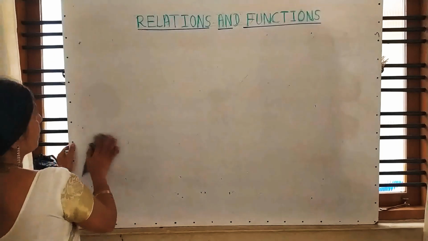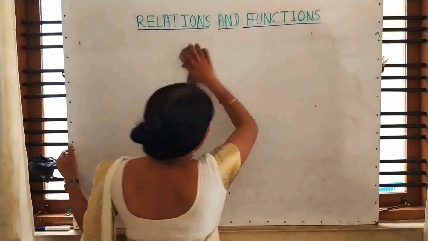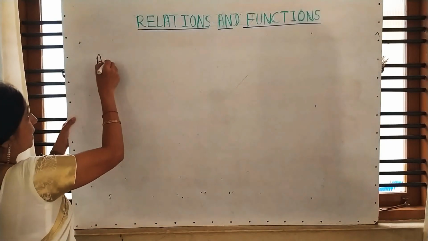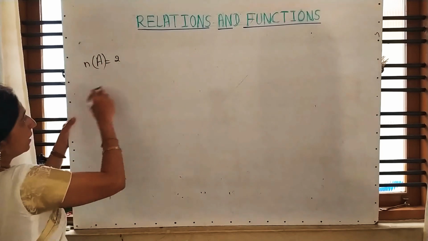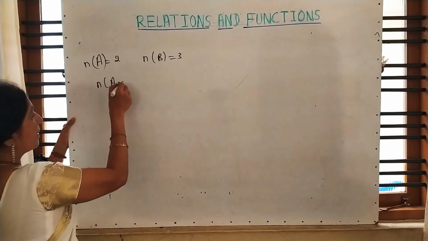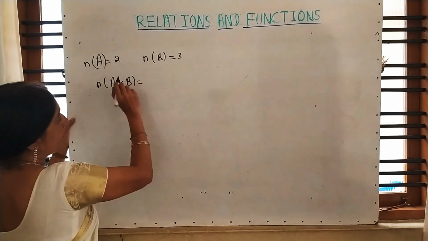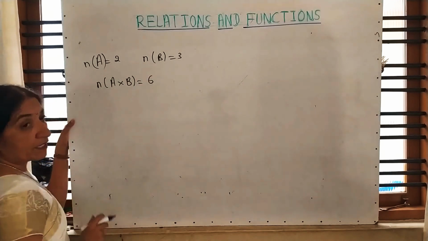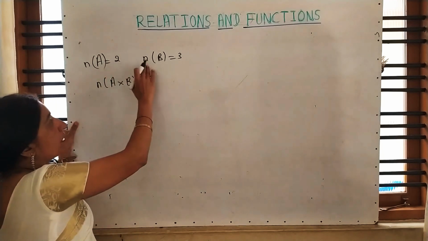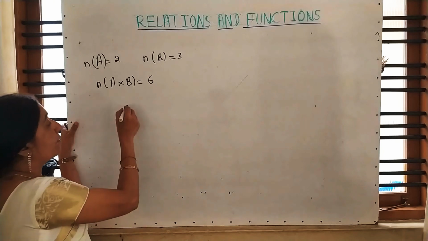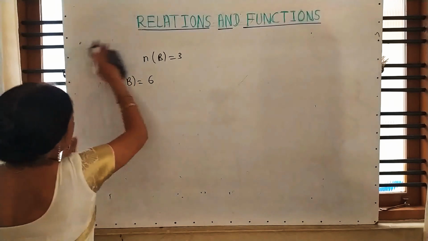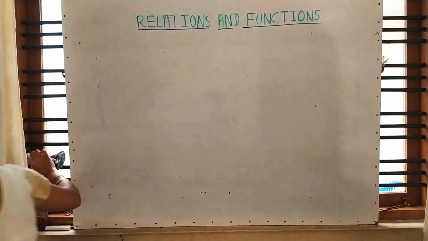Before going to that note, see, if two sets are given, you know how many ordered pairs are in the Cartesian product. Suppose the number of elements in set A is 2 and the number of elements in set B is 3. You are familiar, the number of elements in A cross B is just multiplying. That means we have 6 ordered pairs. This is a method of writing ordered pairs and subsets. If set A has 2 elements and set B has 3 elements, then its subsets will be given as 2 raised to 6. Correct or what? That I am giving in the form of a definition. Already you are familiar.